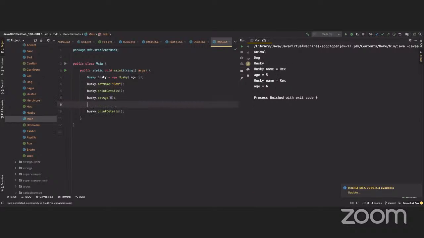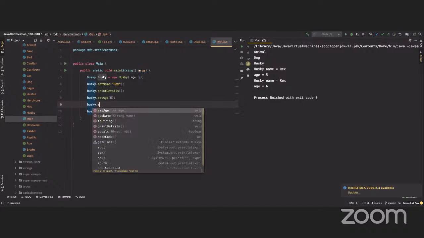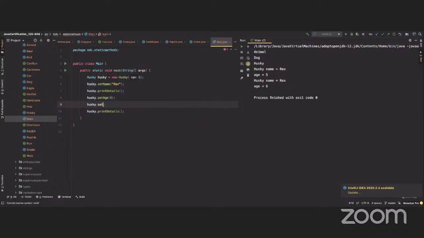Now, if we had changed the name here, like Husky, set name, and say, for example, Jimmy, then we get 2 different values here. We get first Rex and then Jimmy. But we're not doing this. Now that we have the details, let's